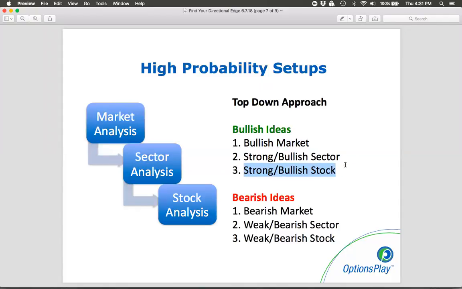strong. And when you're looking for bearish ideas, it's the exact opposite. We want to look for markets that are exhibiting a bearish trend. And then once we have that, we're looking for weak and bearish sectors based on the setups that we just described in the slide before. And then lastly, we want to look for weak and bearish stocks within that sector. That's how we are able to find the highest probability setups of stocks that are most likely to continue moving